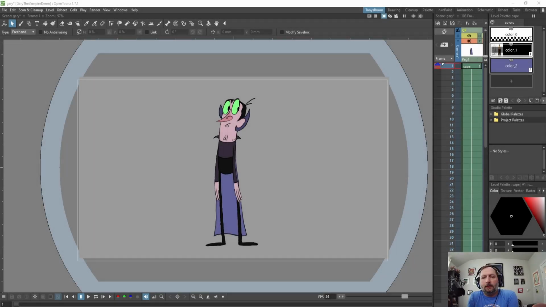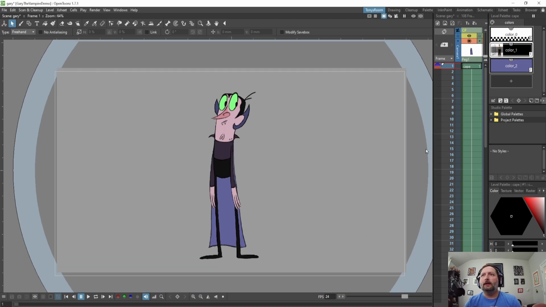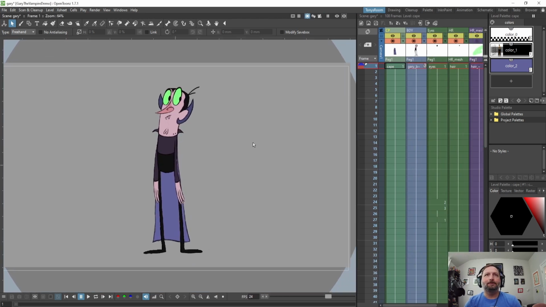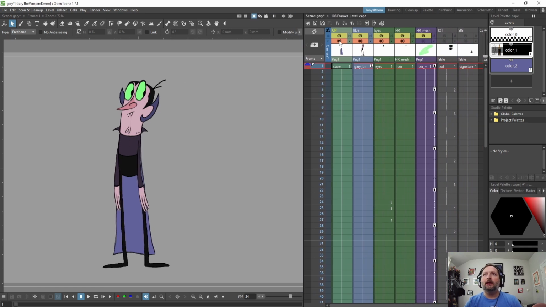Okay, this is a little vampire character I designed called Count Gary, and I just wanted to give him some movement. And so let's see what we got going on here. Okay, so I brought in his body without eyes or a cape or